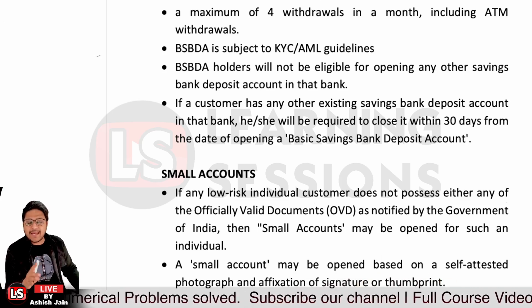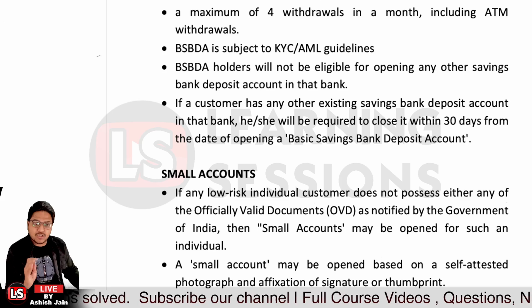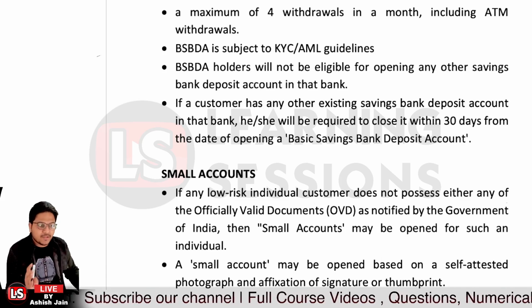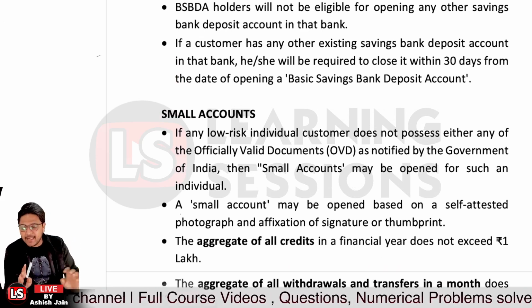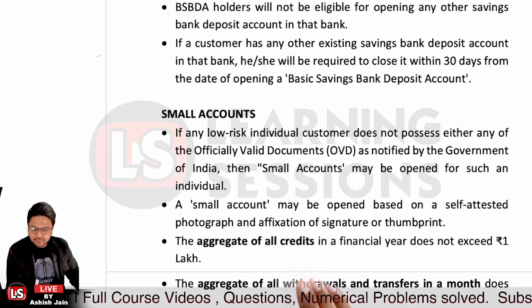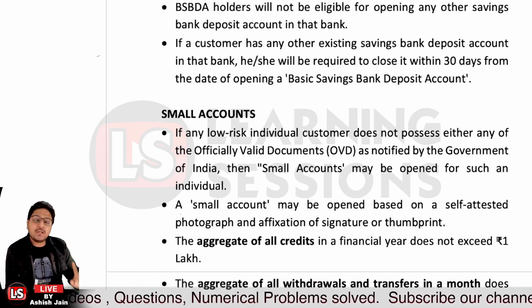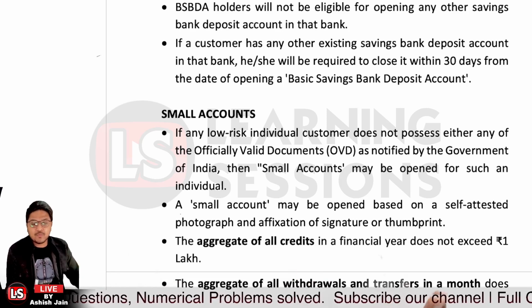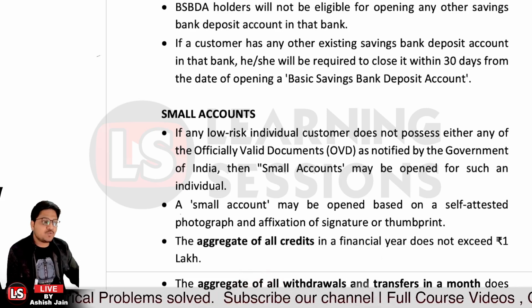So a small account can be opened on the basis of a self-attested photograph and the affixation of signatures or thumb impression upon the same. And further, you can open a particular account over there. But let me tell you that the total aggregate credit in a financial year cannot go beyond rupees 1 lakh. So the maximum aggregate of all the credits can be up to rupees 1 lakh and